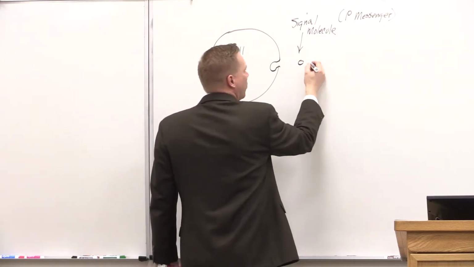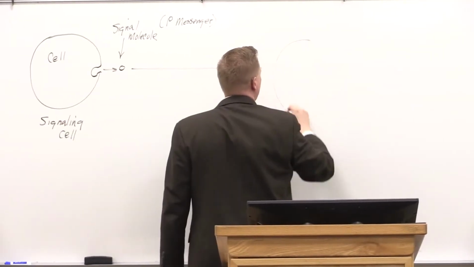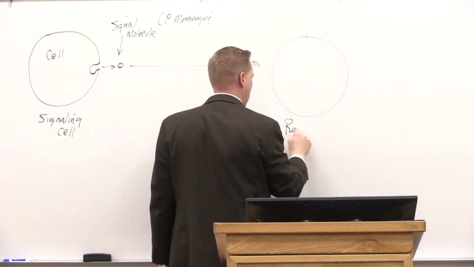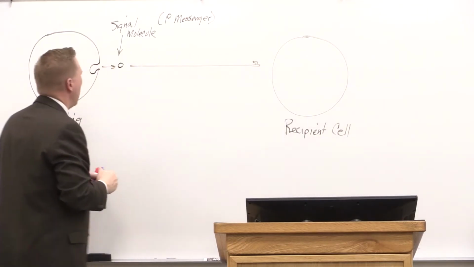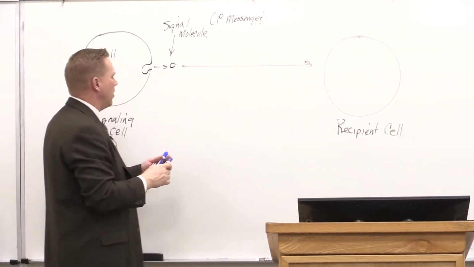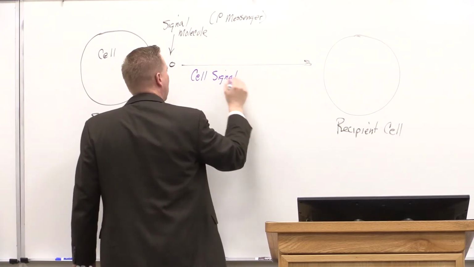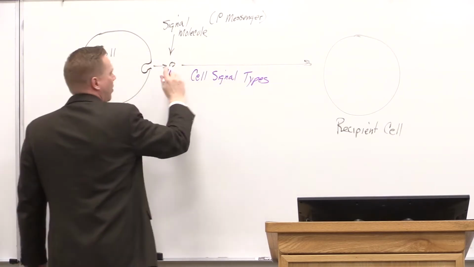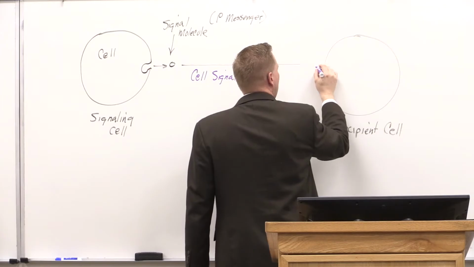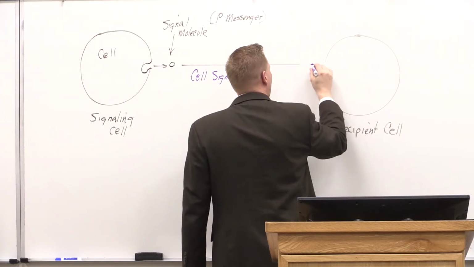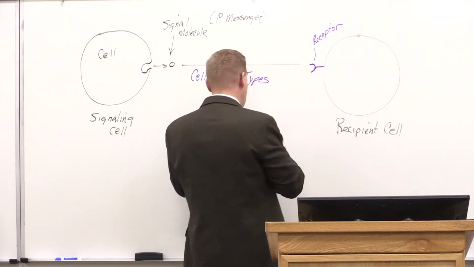And that signal molecule is going then to travel to some kind of recipient cell. So we'll have the recipient cell over here. And there's different ways that it will travel, and this will be our different signaling types. So cell signal types: how this signal molecule reaches out to the receiving cell varies. And then on the receiving cell, we're going to have some kind of receptor present,